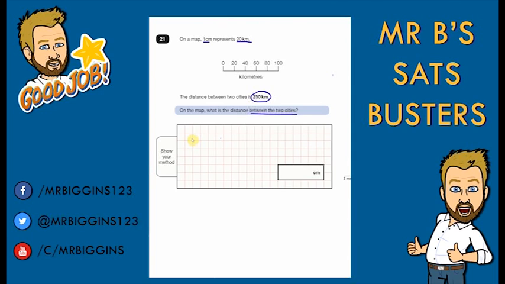We could do 250 divided by 20, because we know it's 250 kilometers, and we know every 20 kilometers is 1 centimeter, so we could work that out. So we know that's 1 with 5 left over, and then that is 50. How many 20s in 50? There are 2